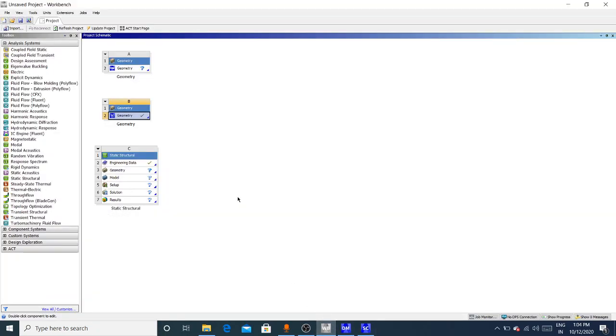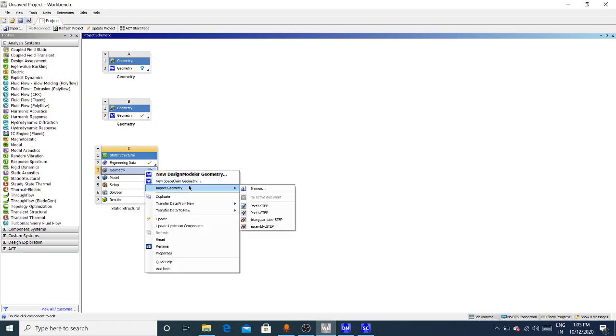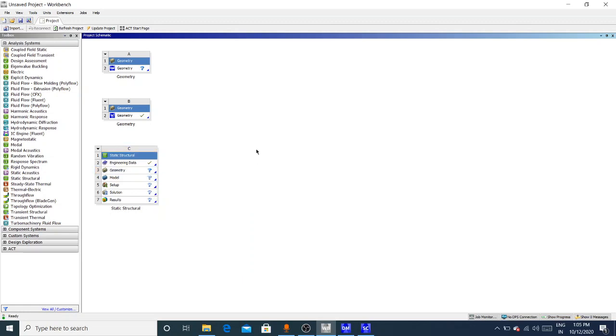Now another option that I want to tell you is you can create a geometry in ANSYS, or you can import a geometry in ANSYS that is made in different software like SolidWorks, Inventor. But one thing that you should remember, that the geometry that you are importing from other software should be a STEP file, meaning the extension of that file should be .step. Otherwise that file will not be accepted by the ANSYS Workbench and you will not be able to see the geometry inside the project schematic or inside the graphics. So that is an important point to be noted.